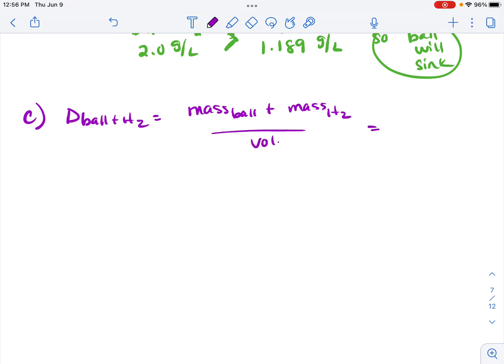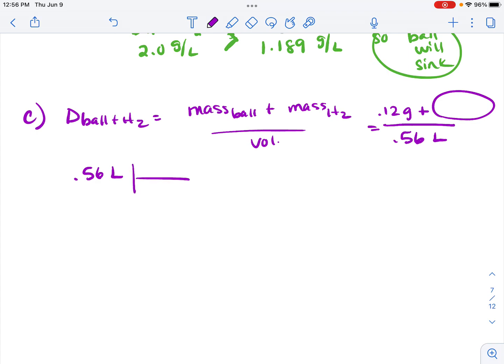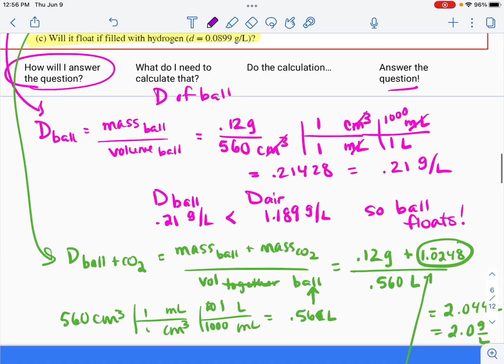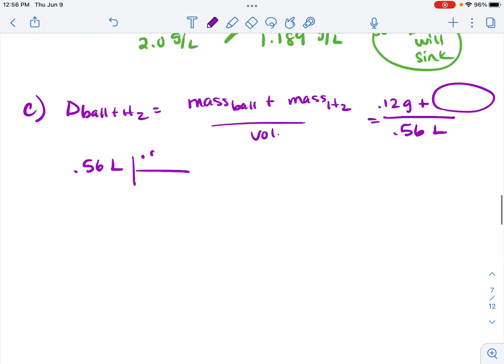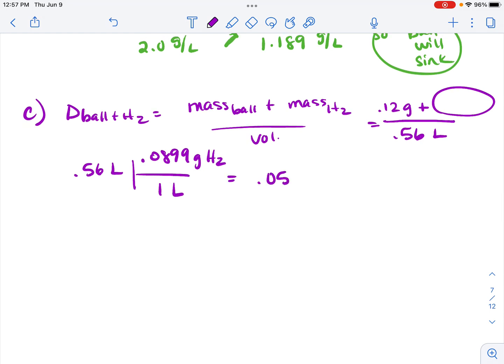Okay, so we know that this is 0.56 liters, and we know the mass of the ball is 0.12 grams, and so I need to do work now to find the mass of the hydrogen. So I'm going to do the same thing, 0.56 liters. They gave me the density as 0.0899 grams per liter, so 0.0899 grams of hydrogen per 1 liter, and that gives me, with two significant figures, of course,